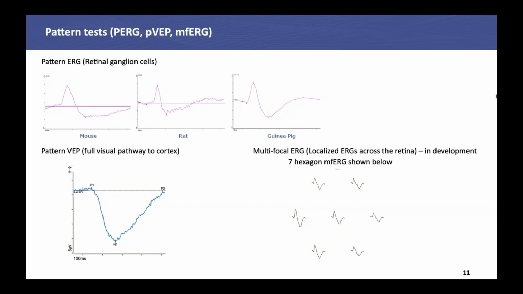So you can see PERG examples here from 3 different animals: a mouse, a rat, and then a guinea pig. On the bottom, pattern VEP. So basically the same pattern stimulus can be run on the monitor, and then electrodes are placed near the visual cortex and at the front of the animal as a reference, and pattern VEPs can be measured on Solaris as well using the pattern stimulator. Those are both protocols that are validated and released and come with the Solaris if you buy a pattern stimulator